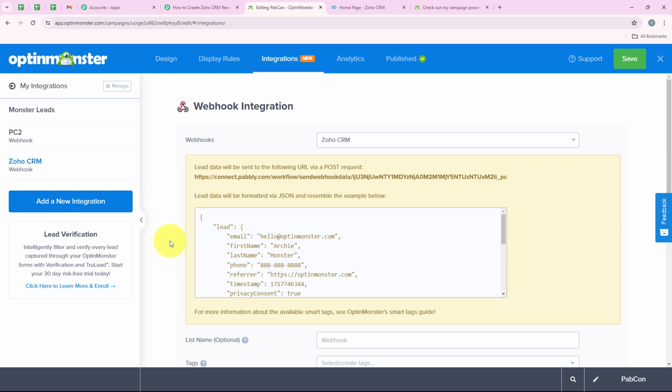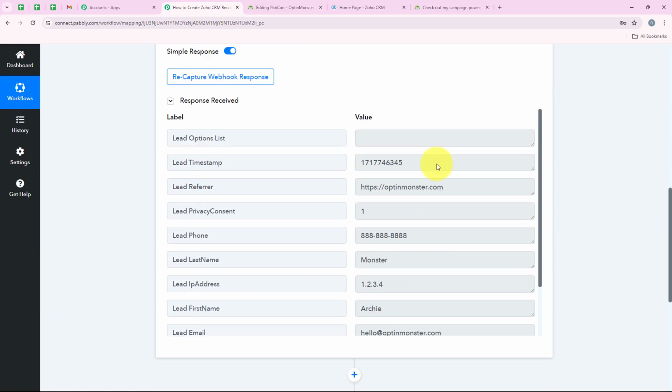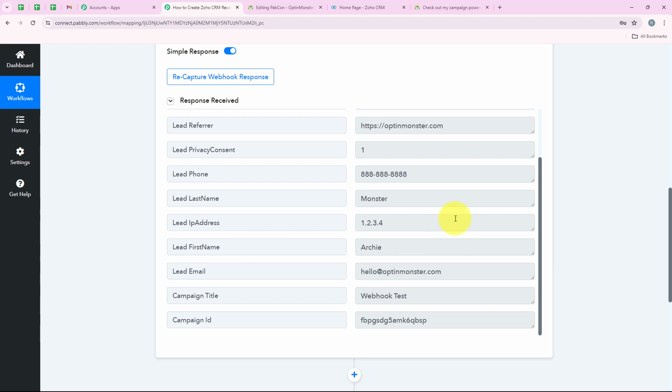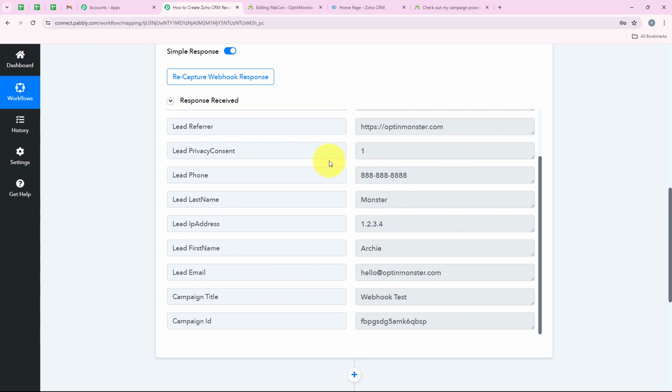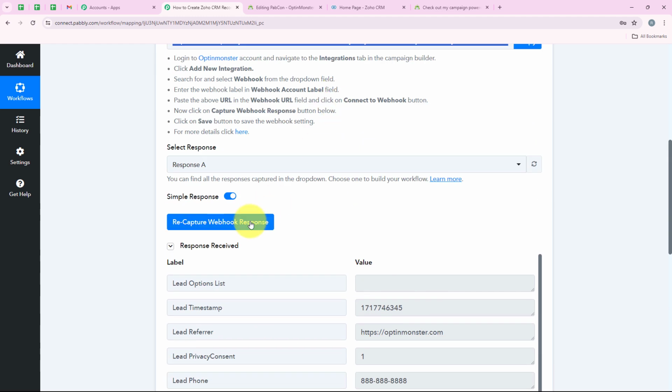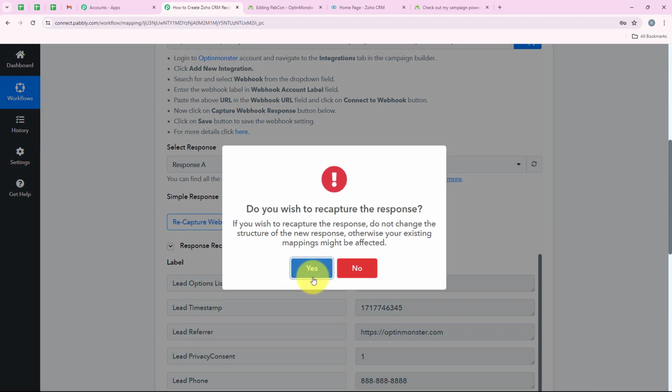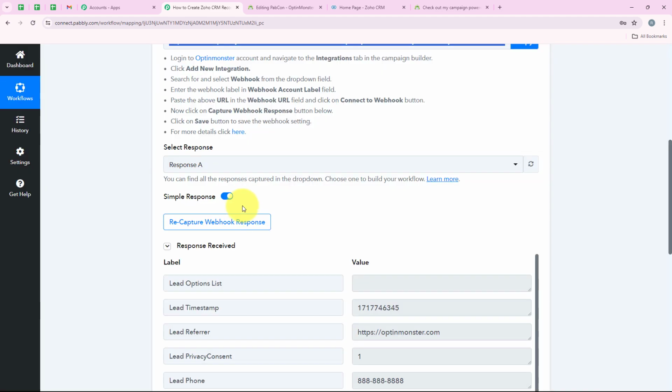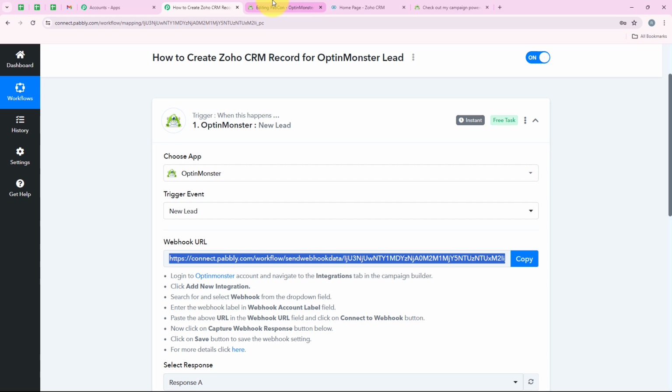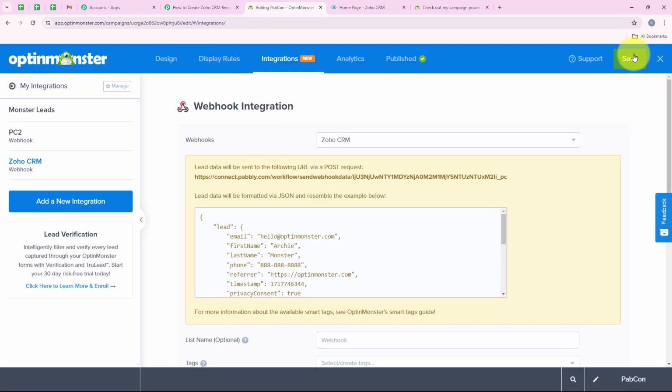So with this, we have successfully created a connection between our OptinMonster and our Pabbly's workflow. So I'm going to open my workflow and over here you can see that we have received a test response which says that we have successfully created this connection. And now we are going to click on recapture webhook response because we want to capture the response we received from the form. So we are going back to our OptinMonster and over here we are going to click on